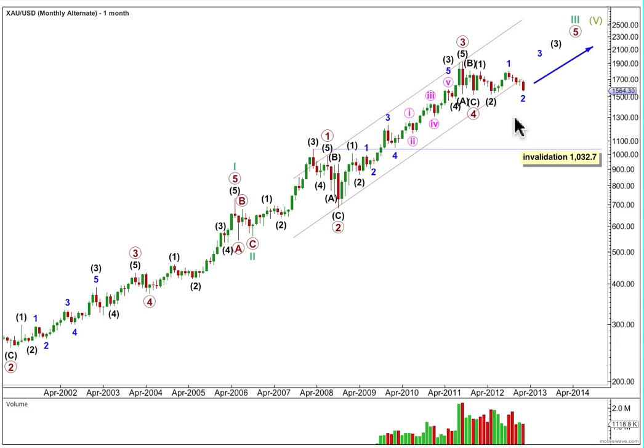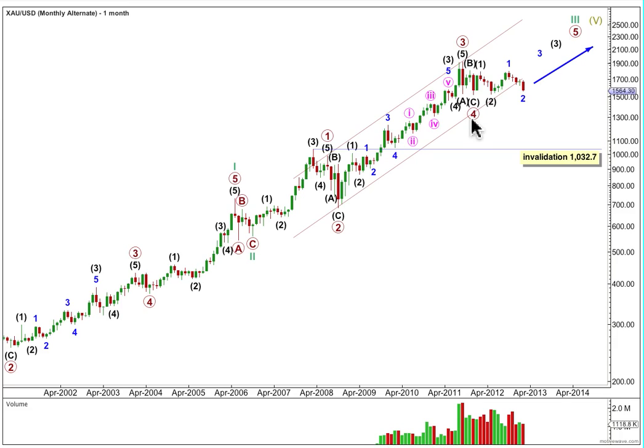This alternate monthly chart doesn't have quite as good a look as the main monthly chart, but I'm considering it because of this little piece of movement in here. My main monthly wave count sees intermediate 3 and 4 over here, and for the alternate I've extended it further out to end up here, which means that cycle wave 3 is not over, and this downward sideways movement is just a series of overlapping first and second waves.